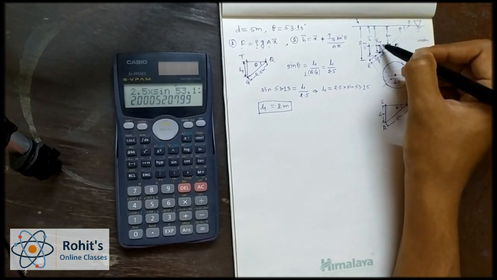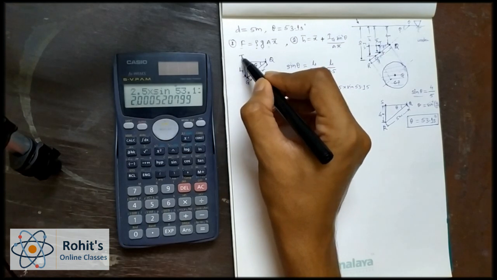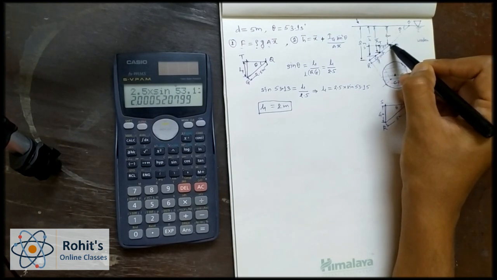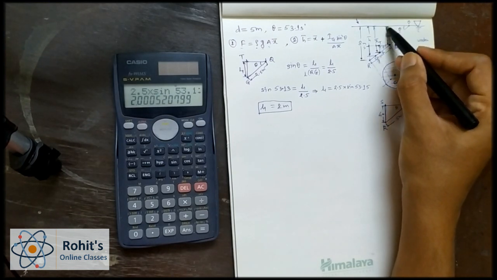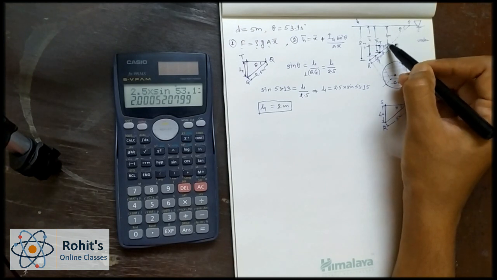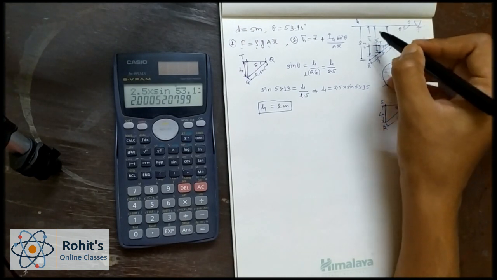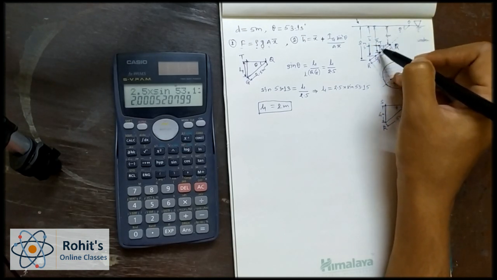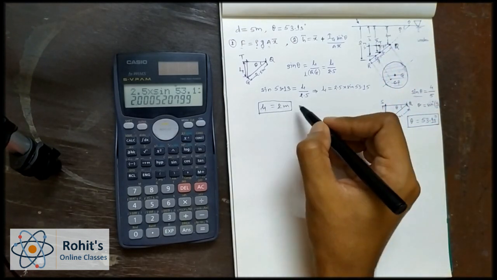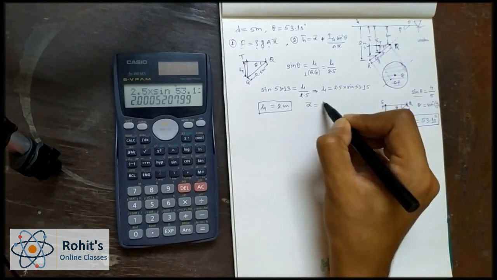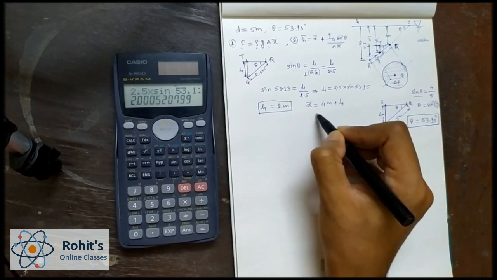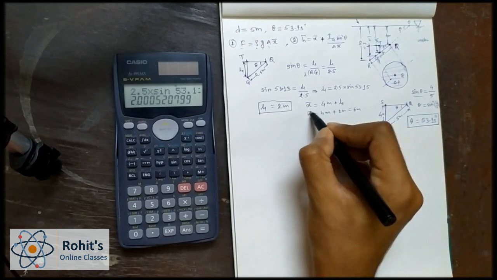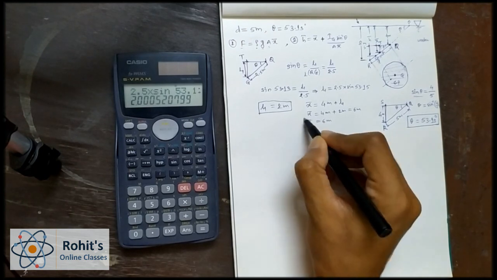If this T point and G point lie on the same line, or the same plane, then from the free surface of the liquid up to this Q point, the distance is 4 meters. So this distance continues up till here. So the free surface up to the T point is 4 meters, plus the L1 distance, which is 2 meters. So x bar is equal to 4 meters plus L1, which is 4 meters plus 2 meters, which is equal to 6 meters. So x bar is equal to 6 meters, correct.